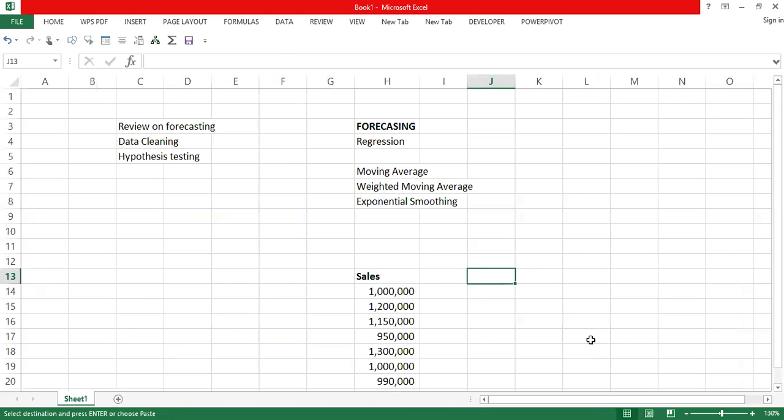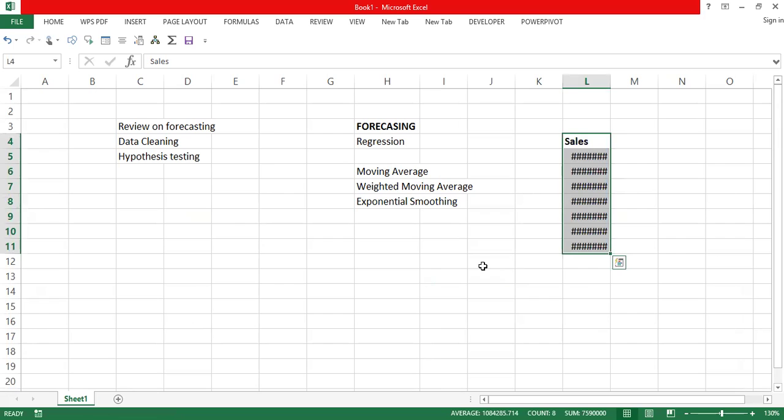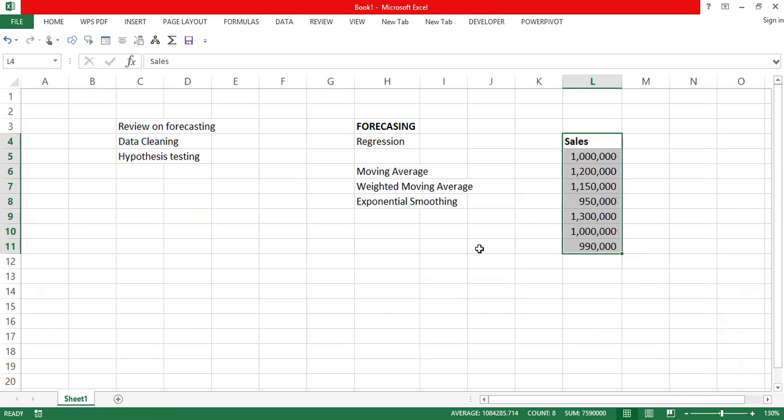Okay, so let's come back here now. We've already identified regression. I think we spent some time on regression, so we already know what regression is about. Then for moving average, I'm saying that it's quite different, sort of. It's also for projection or forecasting, but the way it is used is sort of different. And you need to also understand that